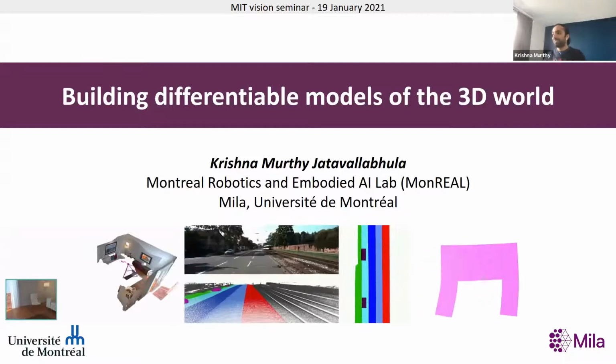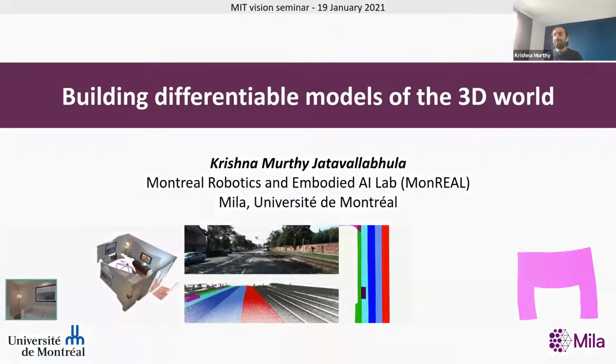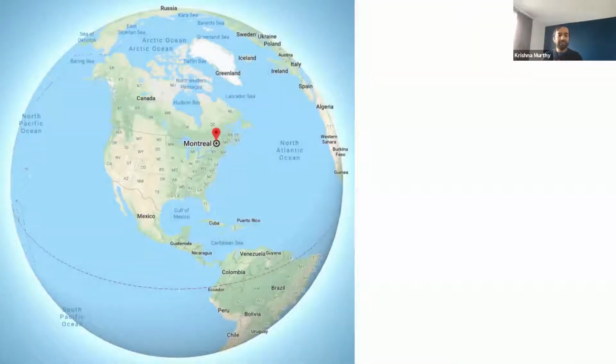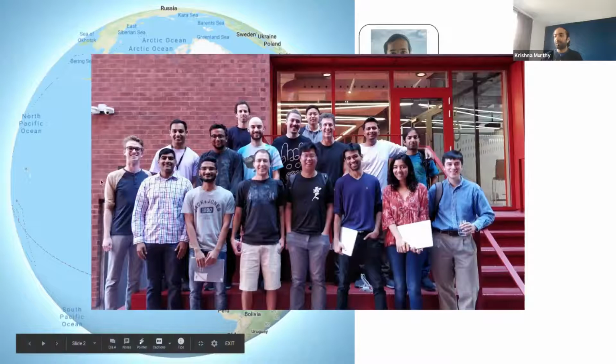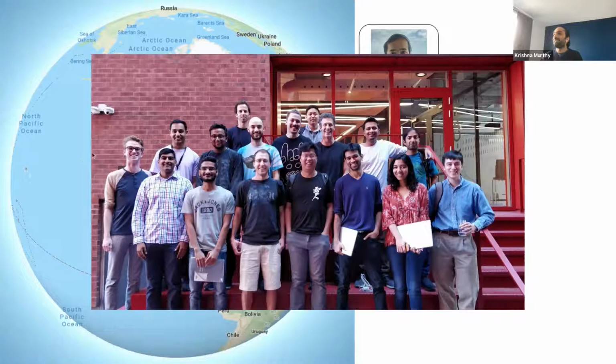And let's get started. So for context, I'm from Montreal, which is actually quite close to Cambridge. It's to the south and east of Canada, as you can see. And this is our group. This was 2 years ago. We haven't had a group photo over the last year or so, but it's a pretty small group doing robotics at the University of Montreal, but it's actually part of a larger umbrella, which is Mila.